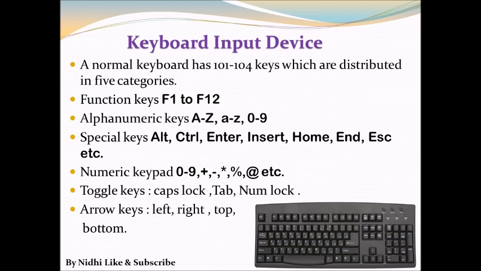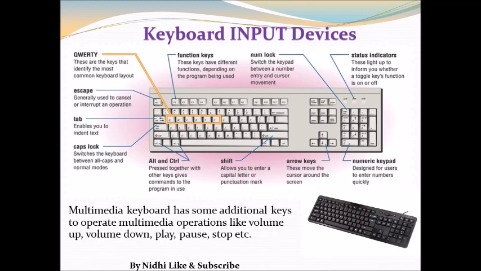And you will find 4 arrow keys on a keyboard that are used for navigation: right, left, top, or bottom. Okay, so this is about the keyboard. So here you can see a picture of a keyboard with the description of its keys. The keyboard is known as a QWERTY keyboard because the alphabetical keys on the keyboard start with QWERTY. So that is why it is called a QWERTY keyboard.